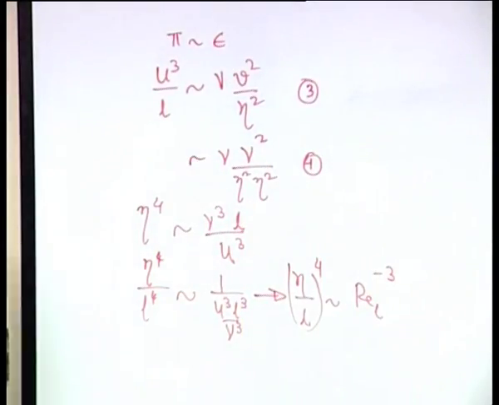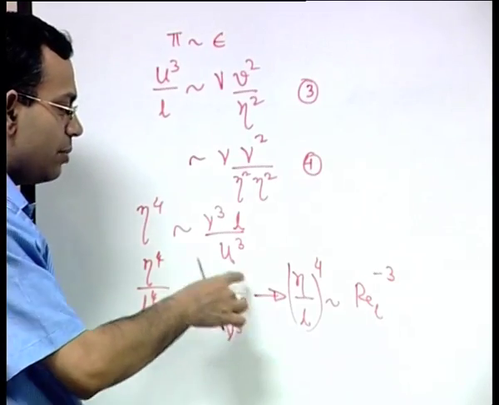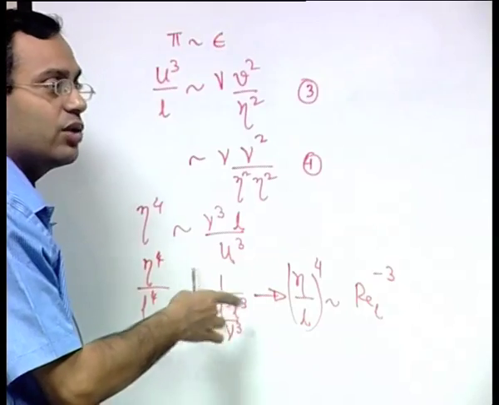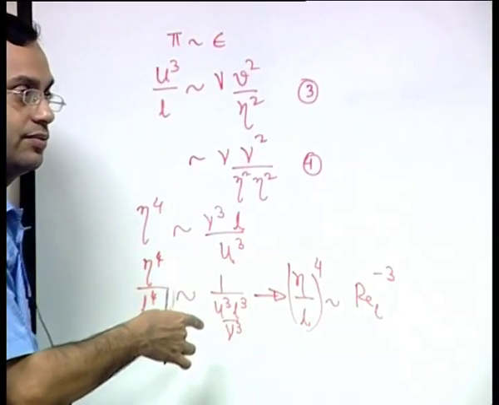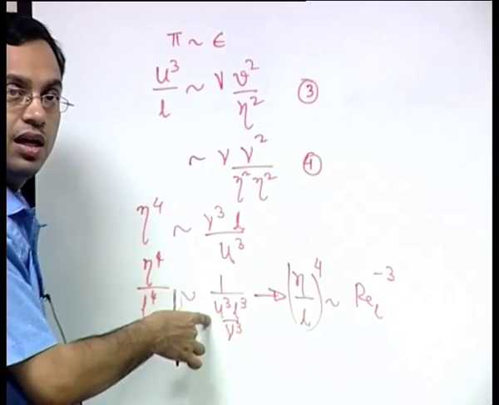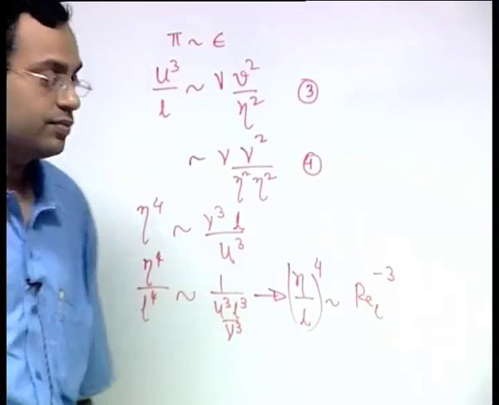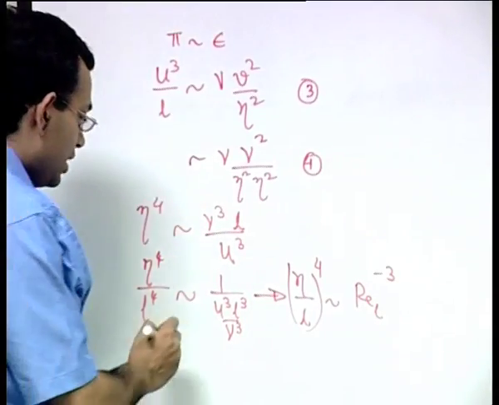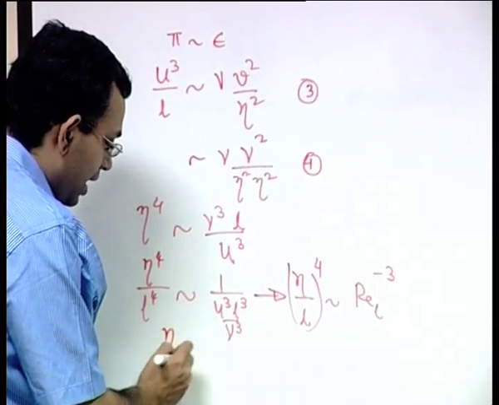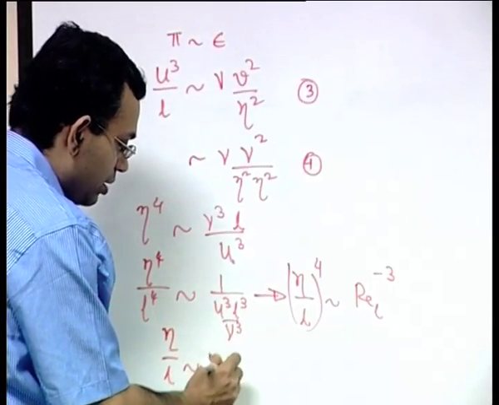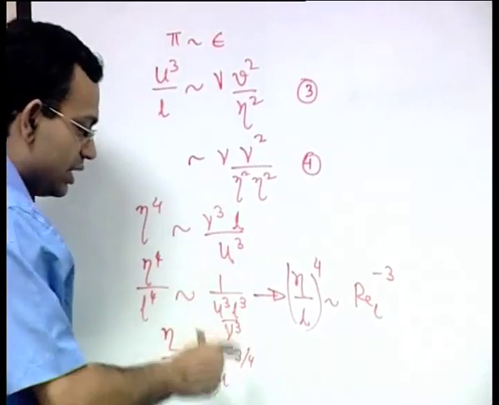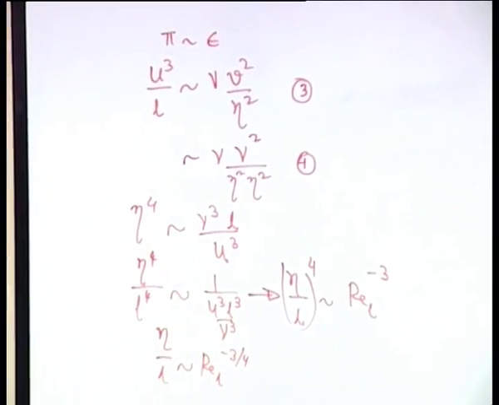Why we have defined the Reynolds number on the basis of this one is because you have this from the system level information, that what is the system scale L, the large eddy L will be of the order of the system scale. So that we can write eta by L is of the order of Reynolds number to the power minus 3 by 4, where this Reynolds number is based on the large eddy scale.